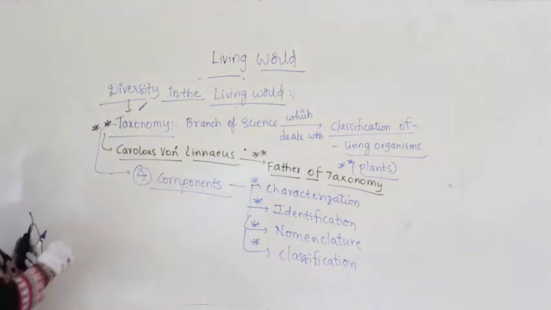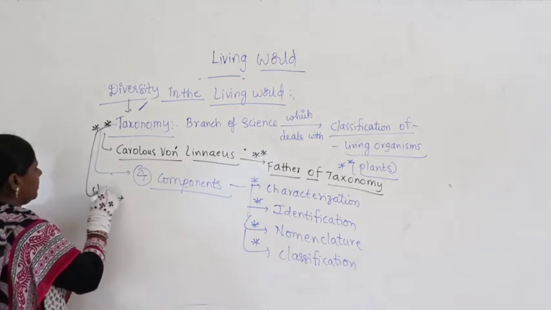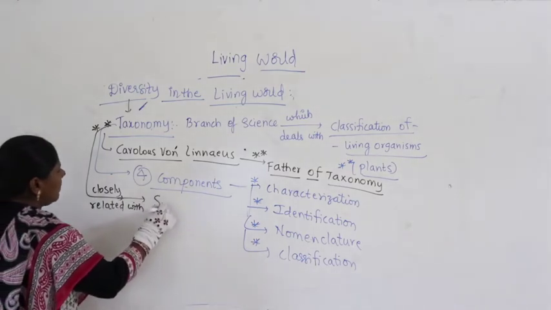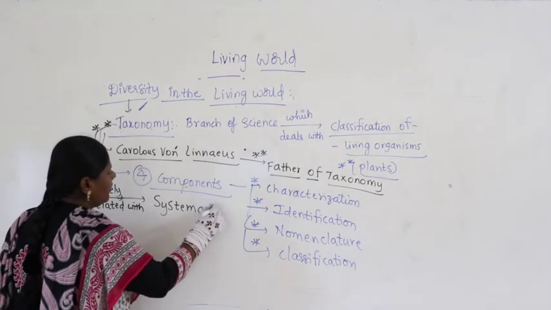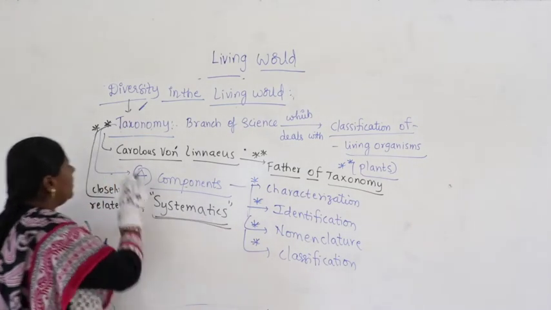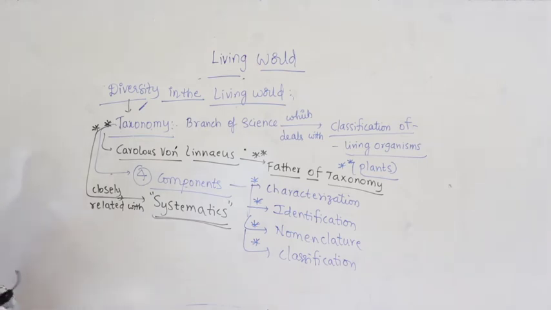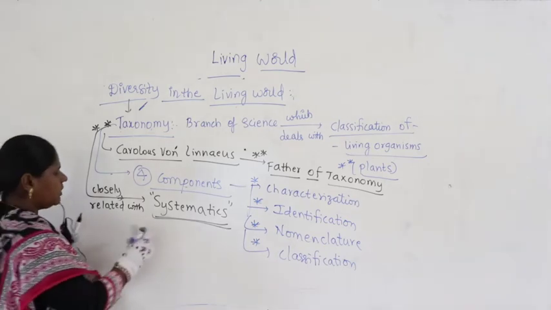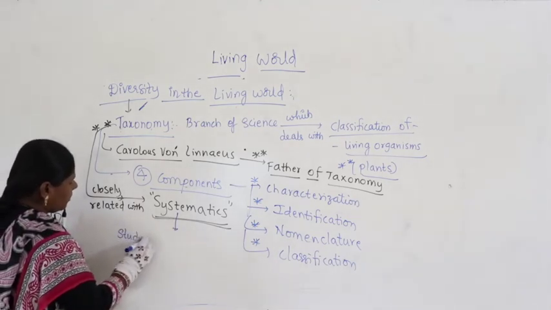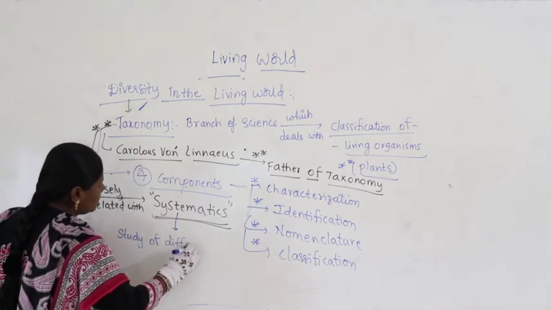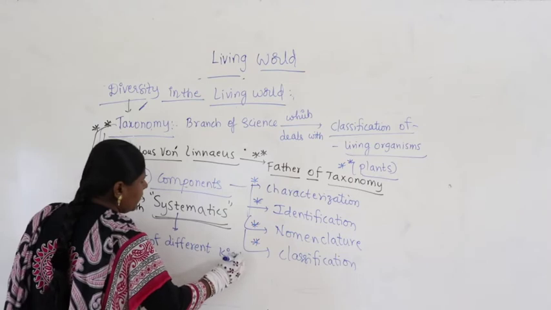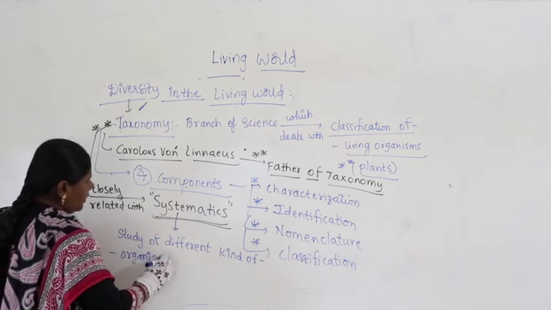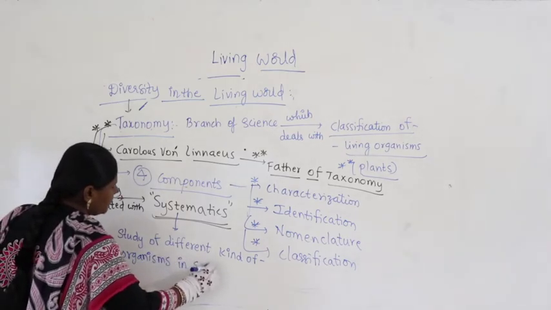Now, if you look at, taxonomy is more closely related with another branch called systematics. Another branch called what? Systematics. Taxonomy is closely related with what is called systematics. What is systematics? I am writing down the definition: the study of different kinds of organisms in a systematic sequence,